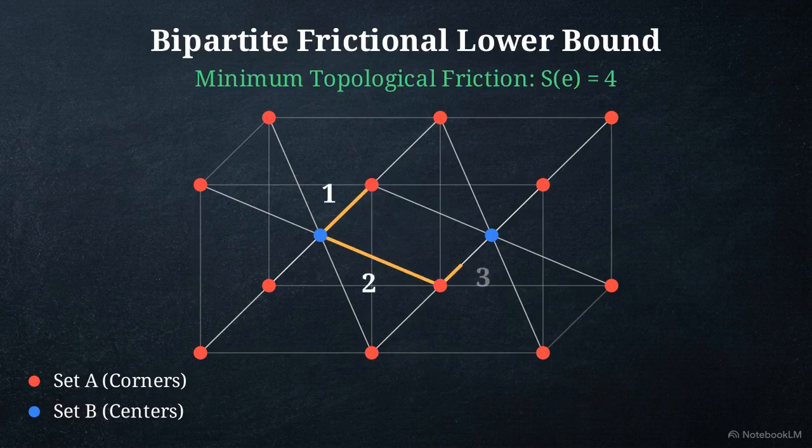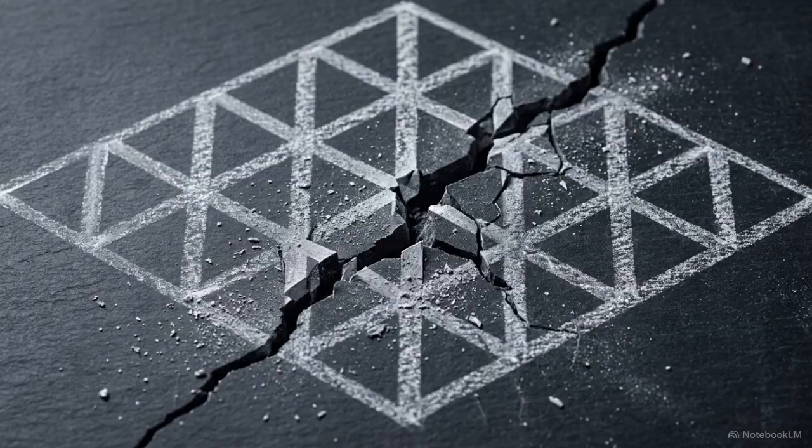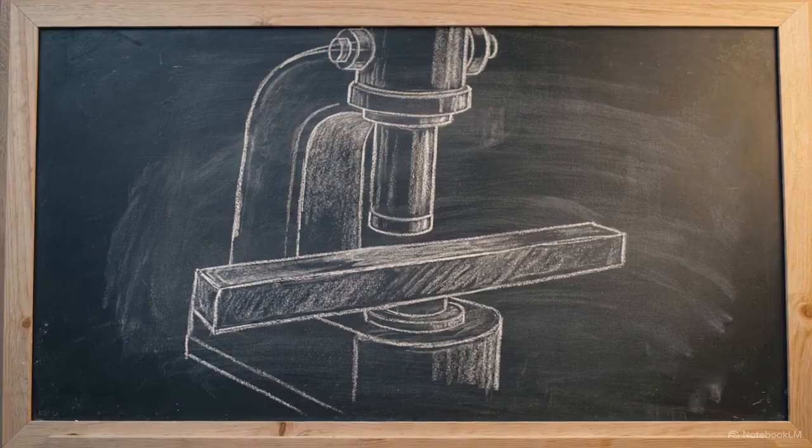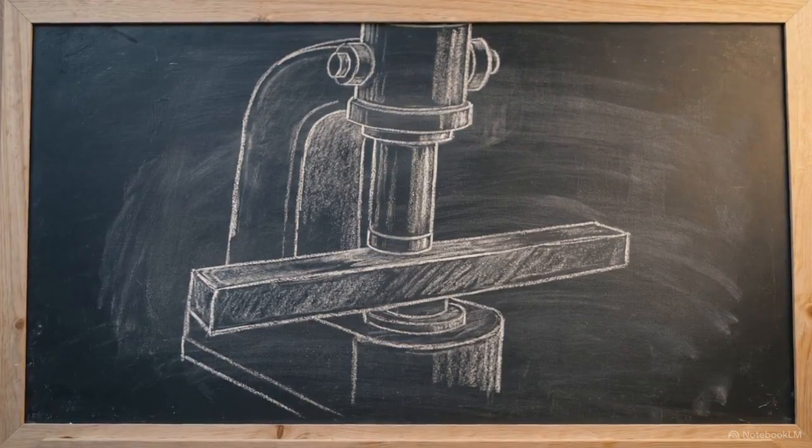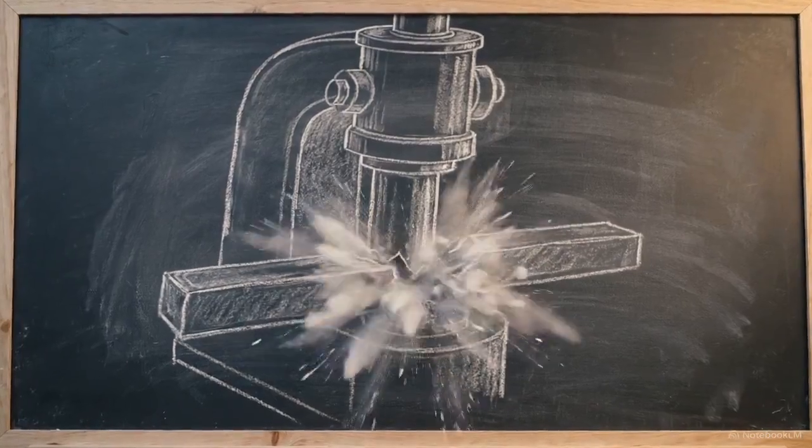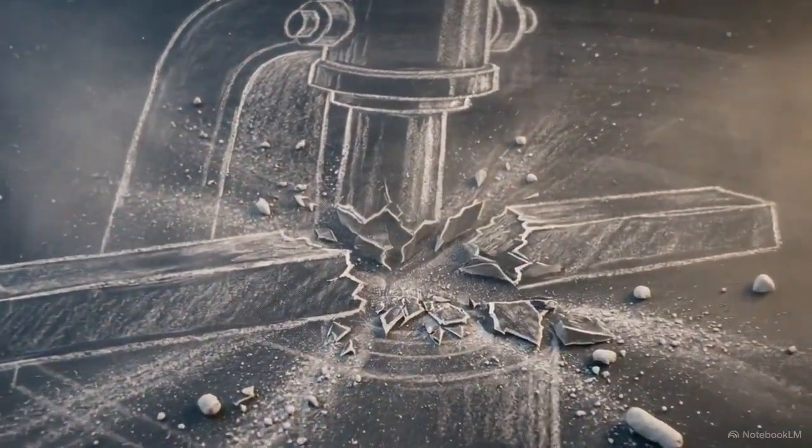With triangles impossible, the topological friction for any bond must be an SE of 4 or higher. This constraint forces the dislocation core to coordinate movements over a much larger lattice spacing. The higher lattice friction and the brittleness of BCC metals is a direct consequence of this graph-theoretic constraint.